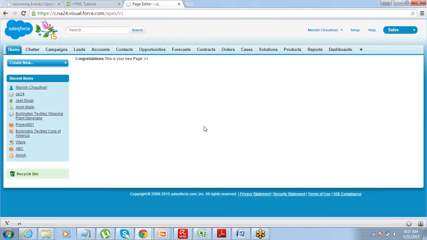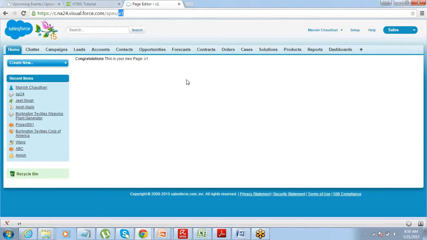So this is your new page that you have created. All right. It's a blank one though, but this is a new page that you have created. So you have successfully created a new Visualforce page v1. Now you have to control what you want to put in this page. You want to put data, you want to put a logo, you want to put your own photograph, whatever you want, you can just put it on this page. Correct? So your page is ready. Now controlling the markup is what you have to do now.